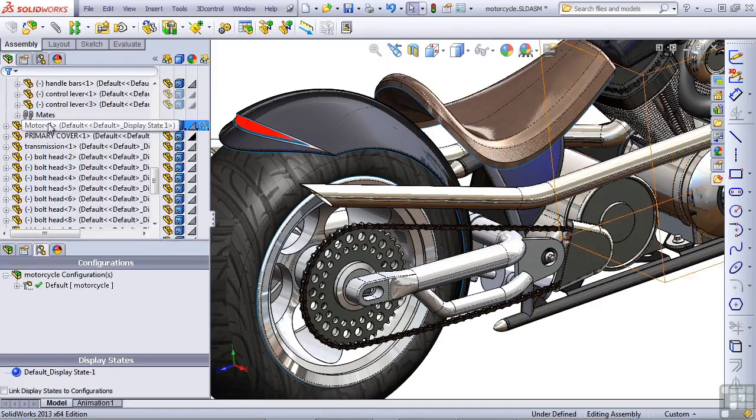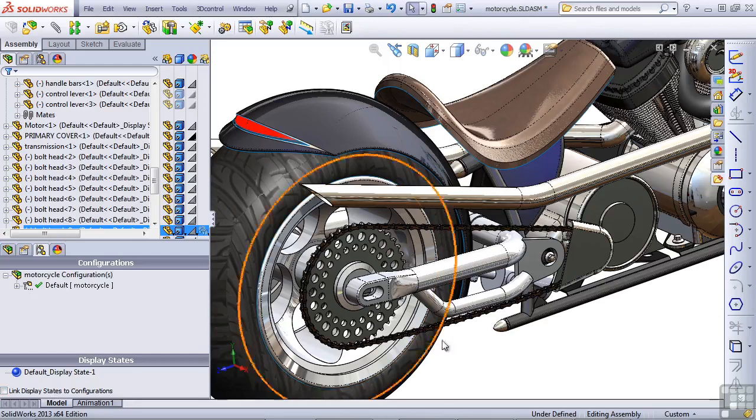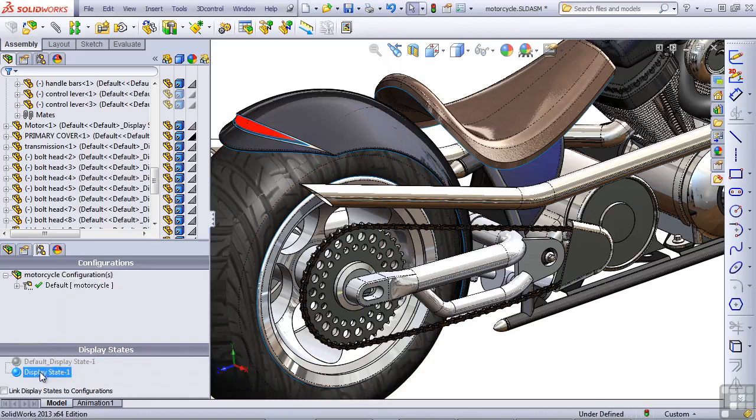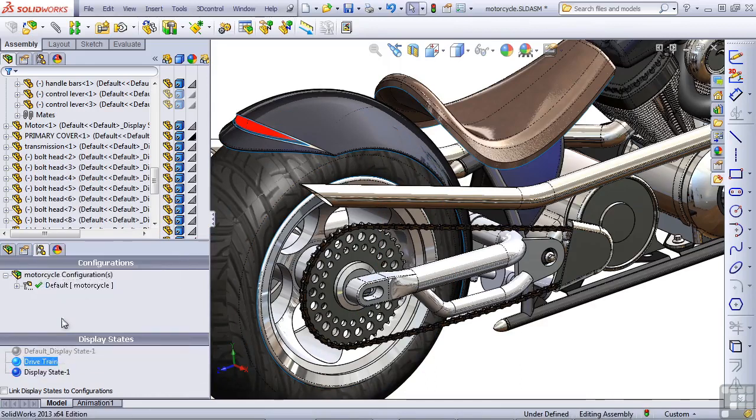This allows me to see the feature manager at the top and the configuration manager at the bottom. Notice that a part of configurations is what's called display states, and display states can either be linked to configurations or not. A display state just remembers the hide or show property of various parts. So if I had a display state that I was going to add, and I would call this new display state drivetrain,